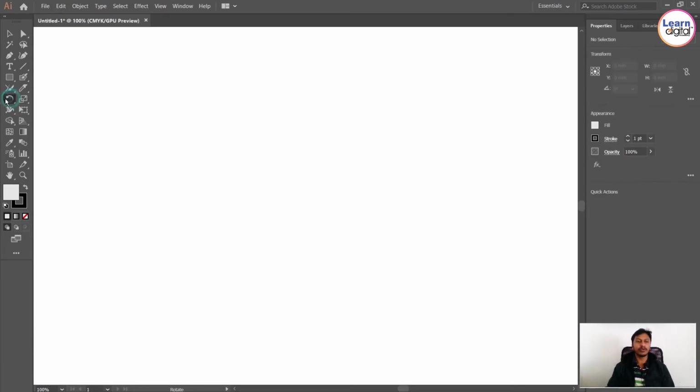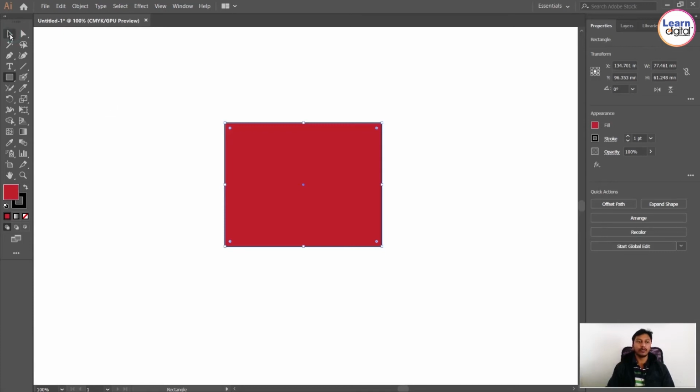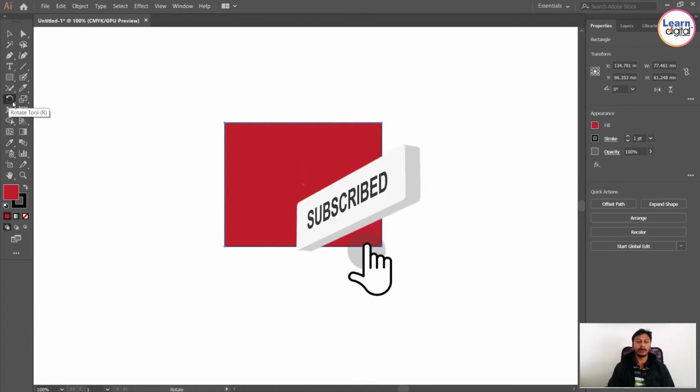What is the main use of the rotation tool and reflect tool? For example, here you can see one box, an object or any shape. If you select that object and move your cursor towards any corner, you will automatically get a rotation option. But you can observe one thing: the object or shape is rotating from the middle of the selection, that means exactly the center of your shape. If you want to move your axis point, that means the pivot point or center anchor point, you always need to use the rotate tool.